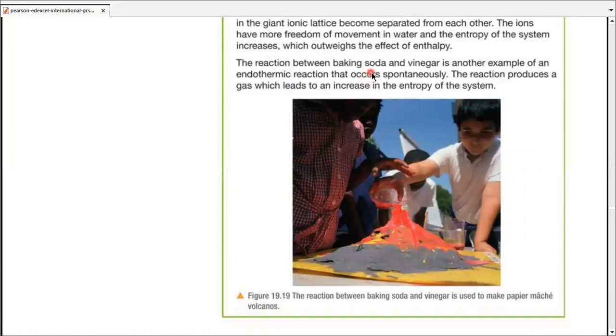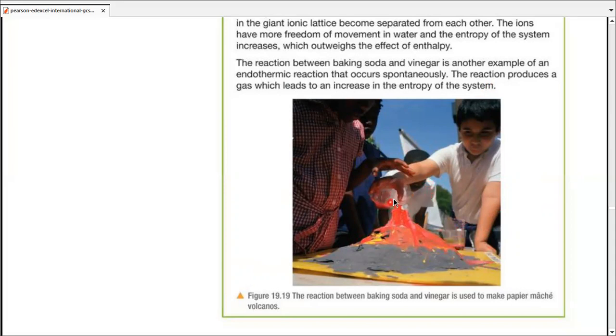Another example is the reaction of baking soda and vinegar. This is an endothermic reaction. It occurs spontaneously. The reaction produces a gas, which leads to the increase in entropy of a system. So this reaction is commonly used in science projects where the students like to make volcanoes, as you can see in the diagram. The student has made a volcano and he's going to put a mixture of baking soda and